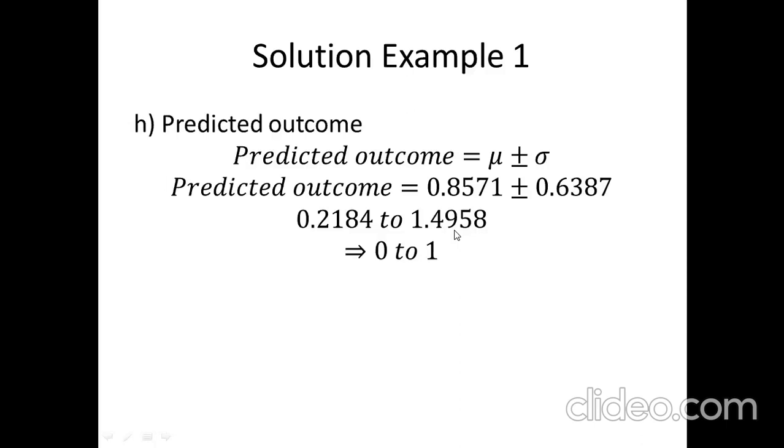Another important thing to note is the approximation of 1.49. 1.49 is approximated to 1; I haven't approximated it to 2. Why? It is the way we have analyzed the data, so we should be intelligent enough to give the answer. Because one can argue that 1.49 can be approximated to 1.5 and 1.5 can be approximated to 2. But then what is the purpose of prediction? The answer would have ended up as 0 to 2. That means we haven't done anything useful in the prediction.